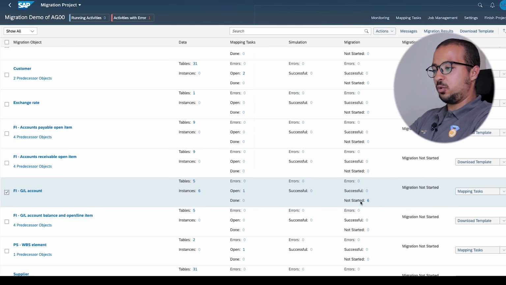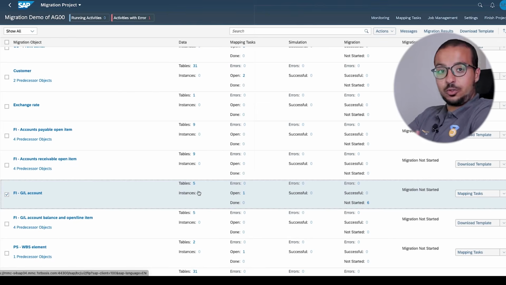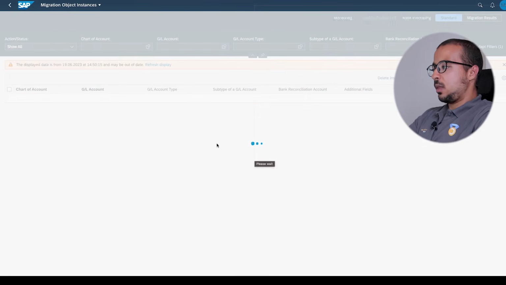In migration, we have not started 6. Now the next step is to do preparation, so I will click on prepare here. Before we do, if we want to see the instances already included in the staging tables, we can click on instances on 6, and SAP will